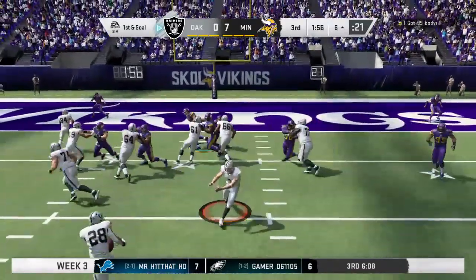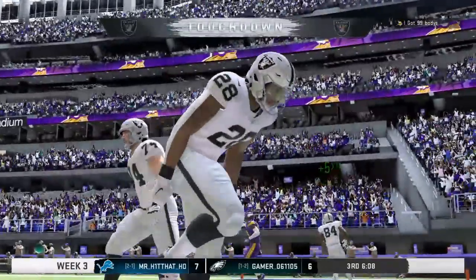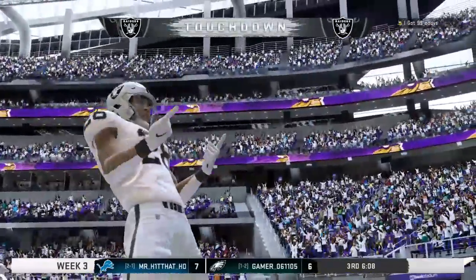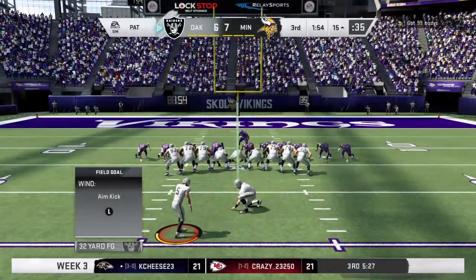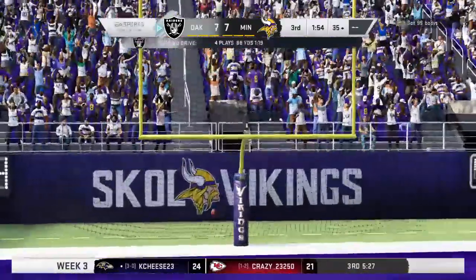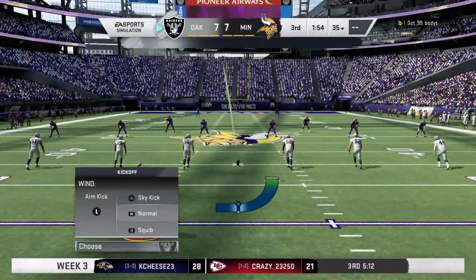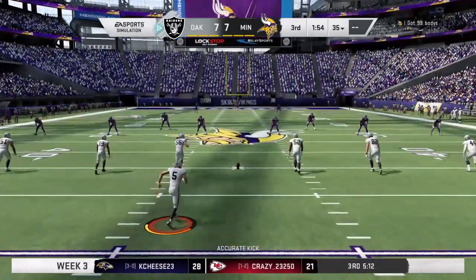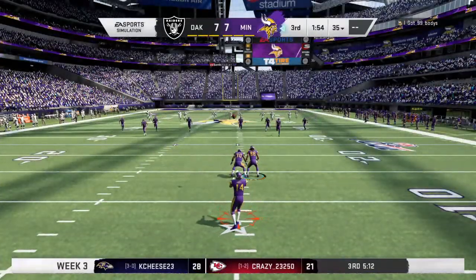It's 1st and goal. Here's Jacobs. And he is in. Touchdown, Raiders. Josh Jacobs with his first career NFL touchdown, as they are an extra point away now from tying this football game. Dawson able to connect on the extra point, and we are tied at 7. So all square here in this 3rd quarter